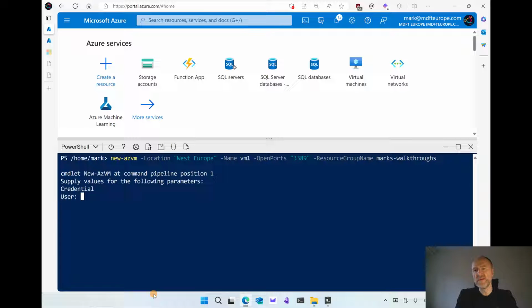There we go. So I'm deploying a virtual machine in West Europe. The machine will be called VM1. The firewall will allow incoming traffic on port 3389, and I want the VM placed in the resource group marks walkthroughs. I didn't specify credentials, so now I have to specify the name, the username of the Windows administrator, winadmin,